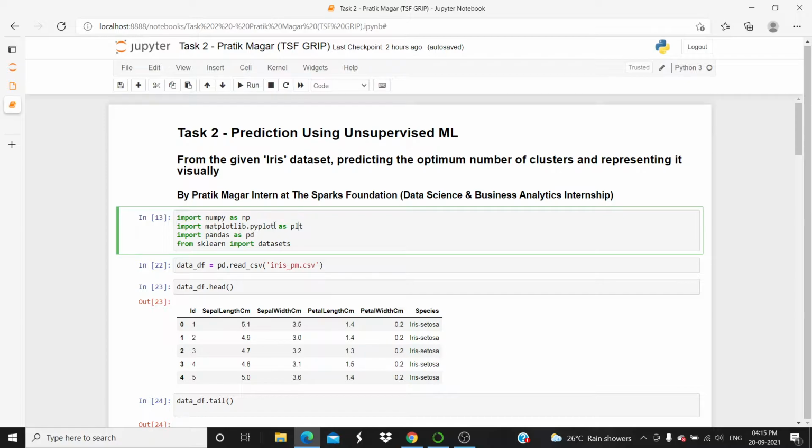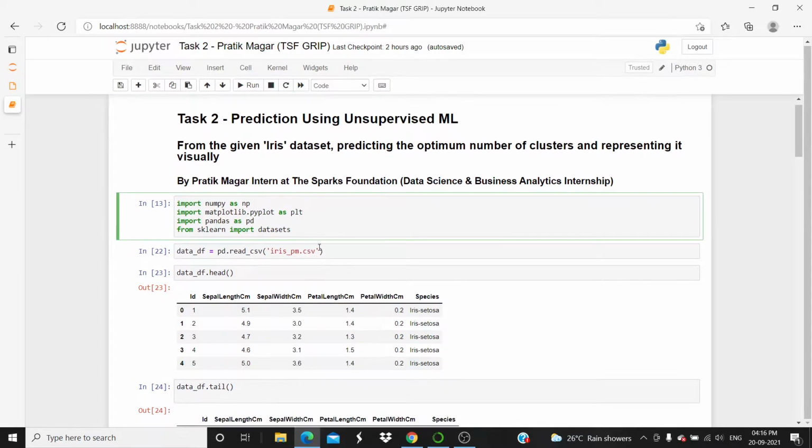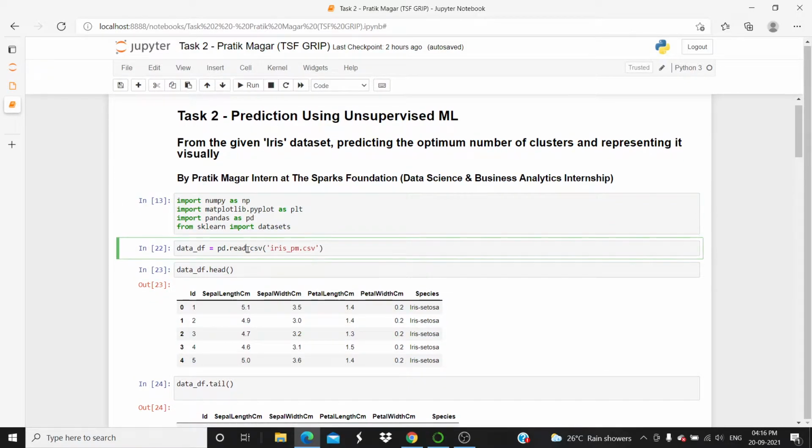Before importing the dataset, we will import the necessary libraries like NumPy, Matplotlib, Pandas. So first we will read the dataset. For reading the dataset, I have already saved it in the same path where this file is saved, so I don't have to give the path.